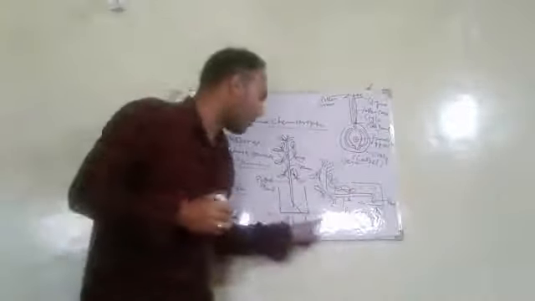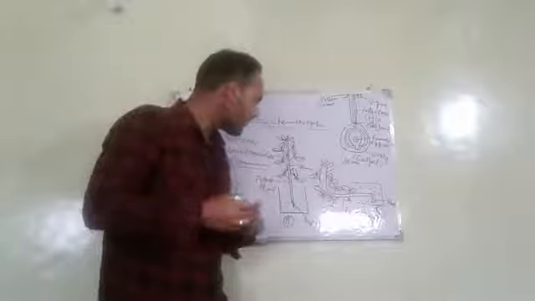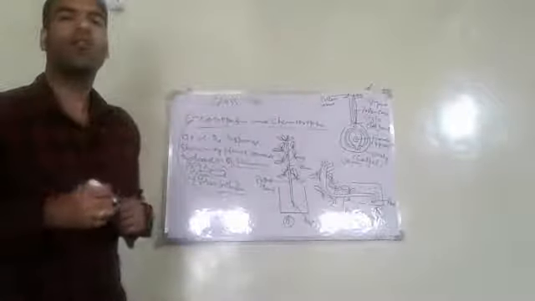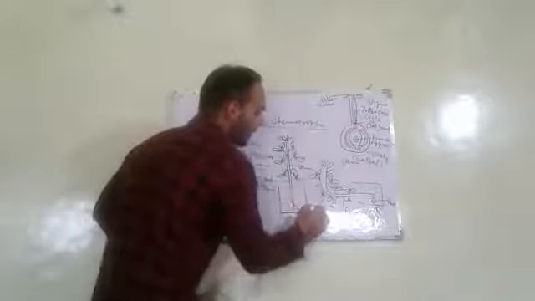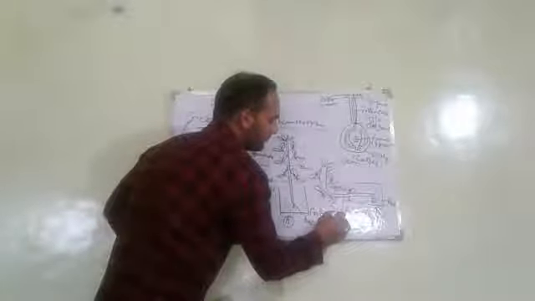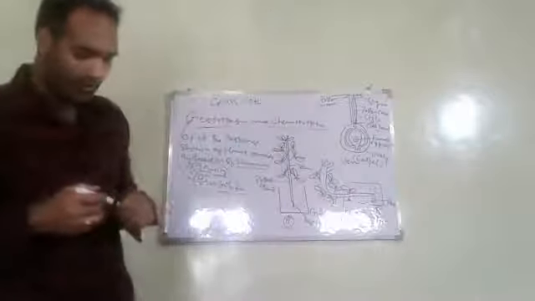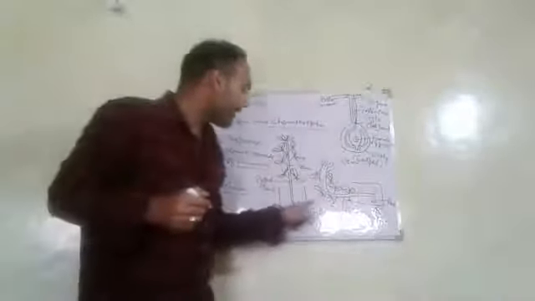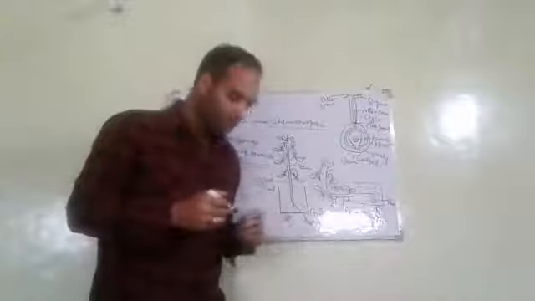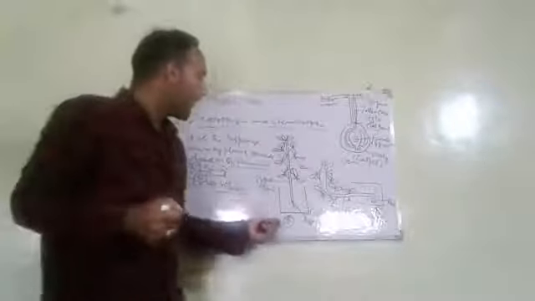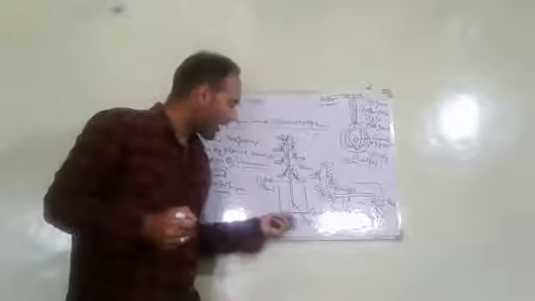Now we will describe an experiment so that you can clearly understand what is geotropism. In this experiment, we take two potted plants and place them in two separate glass jars, which are labeled as A and B. Now, in the first case, place this potted plant in the glass jar labeled A.